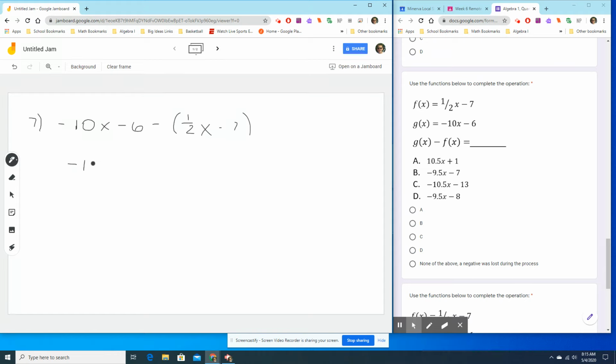So -10x minus 6 minus a half x, and then plus 7. Awesome. So this here gives me -10.5x, okay, and positive 1. Okay, which is going to be the none of the above. Somebody lost a negative in there, so